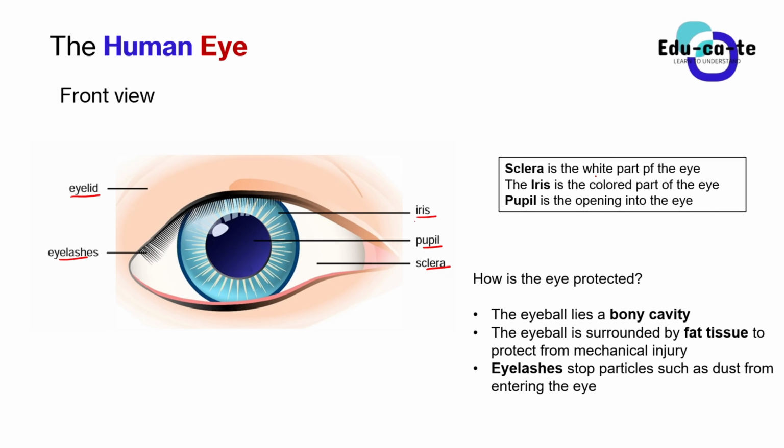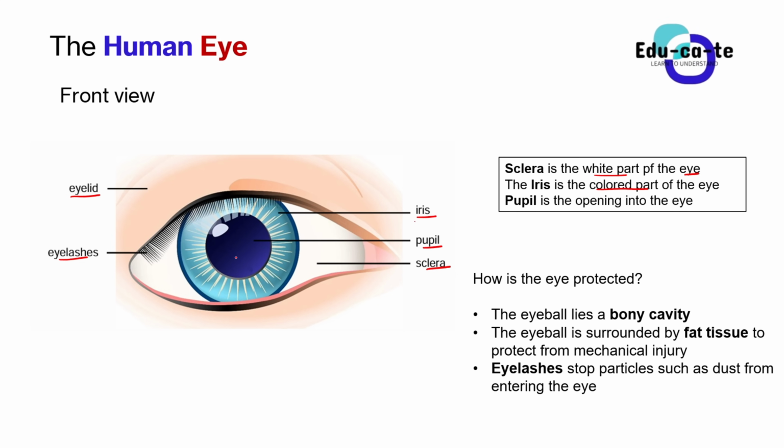The sclera is the white part of the eye. It is what makes your eye white. And the iris is the colored part of the eye. So when you have a dark eye, a black eye, or a brown eye, or a blue eye, that part that is colored is known as an iris. In this case, this female has blue eyes, of course. So the iris is that blue part, the colored part of the eye.